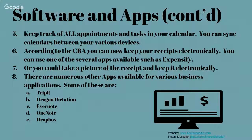Okay, now the other thing is to keep your receipts electronically. According to the CRA, you no longer need to keep your receipts in paper form. You can keep them electronically. And there are several apps that you can use to keep track of this. One of them is Expensify. And what Expensify does is it takes a picture of the receipt